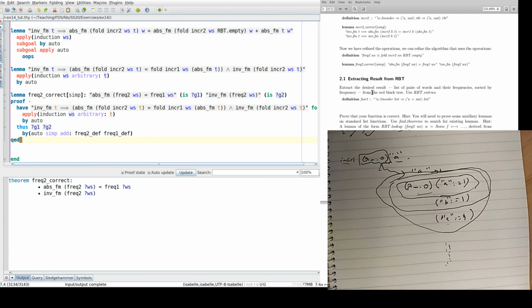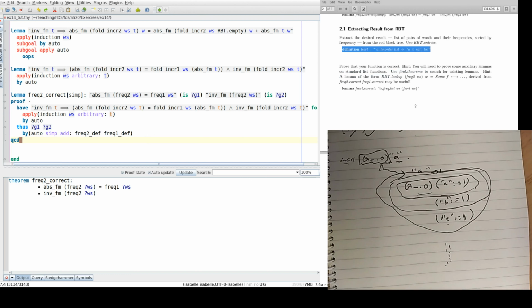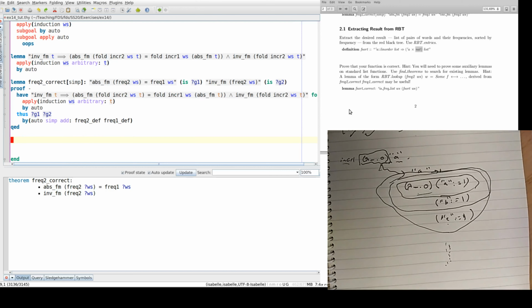The last thing is to get the list from the red black tree by simply implementing a function that sorts a red black tree based on the keys. Oh, sorry, on the values, not the keys. Right, we need to sort based on the second thing. Okay, so let me just do that. So this function should